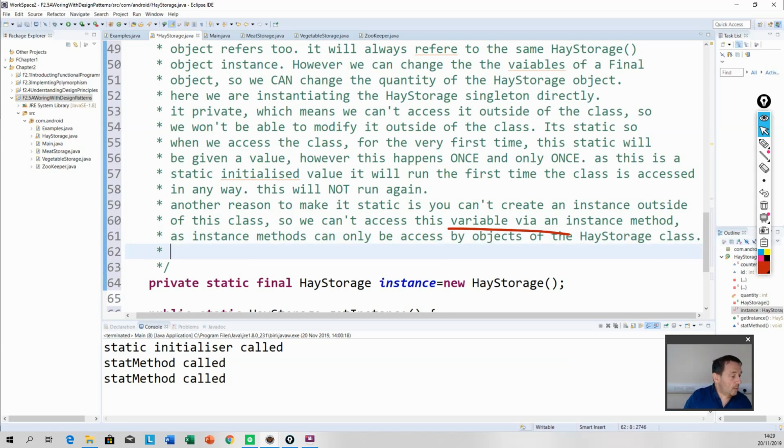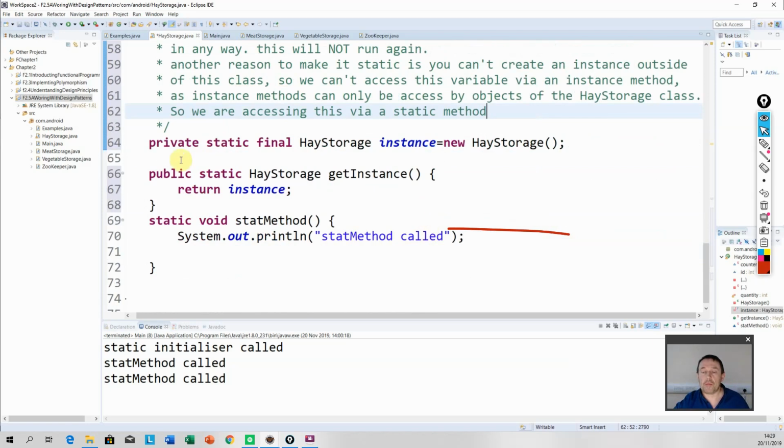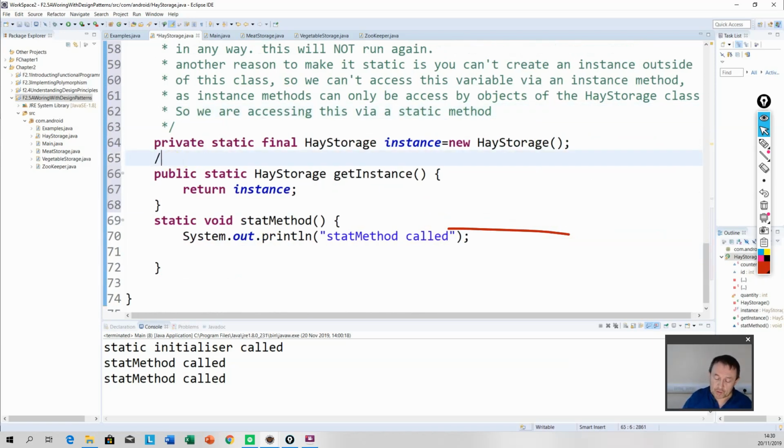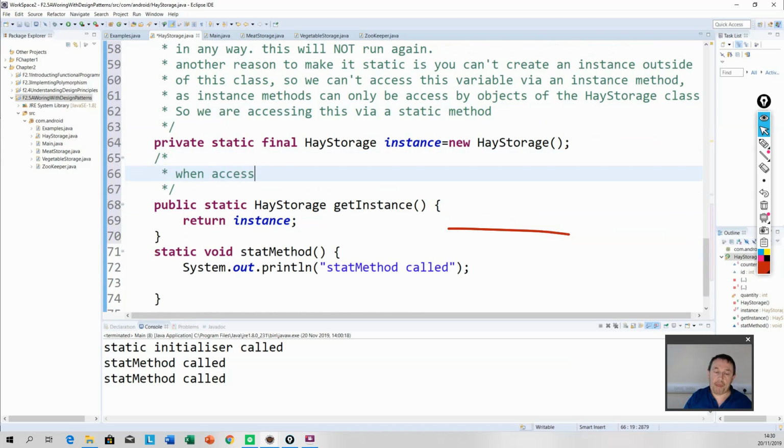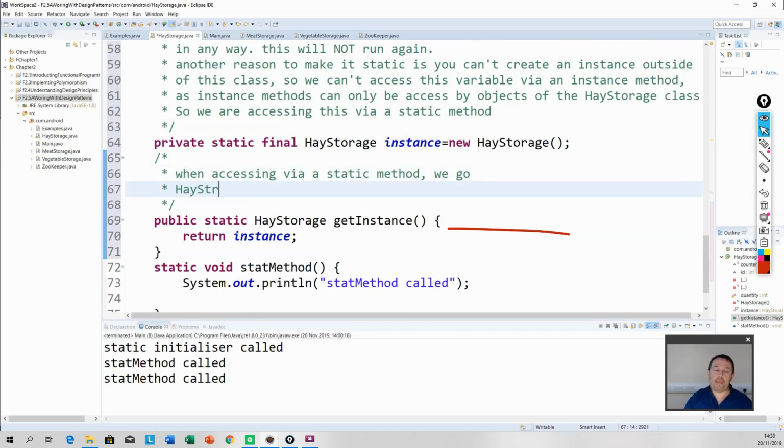Okay, so we are accessing this via a static method. This is the static method. When accessing by a static method, we go HayStorage.getInstance. Now, when accessed via a static method for the first time,